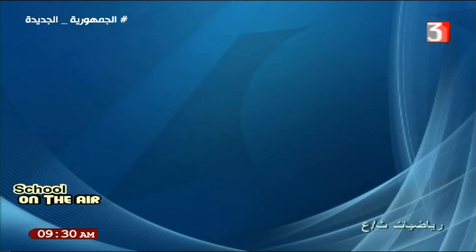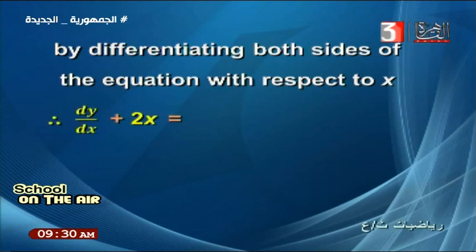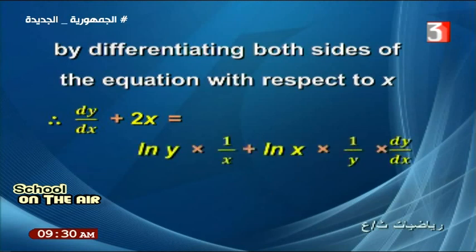By differentiating both sides of the equation with respect to the variable x, the derivative of y with respect to x is dy/dx, and the derivative of x power 2 with respect to x is 2x, equal to the derivative of the right hand side. 2 is a constant value, the derivative of 2 equals 0, and the derivative of the product of ln y times ln x equals